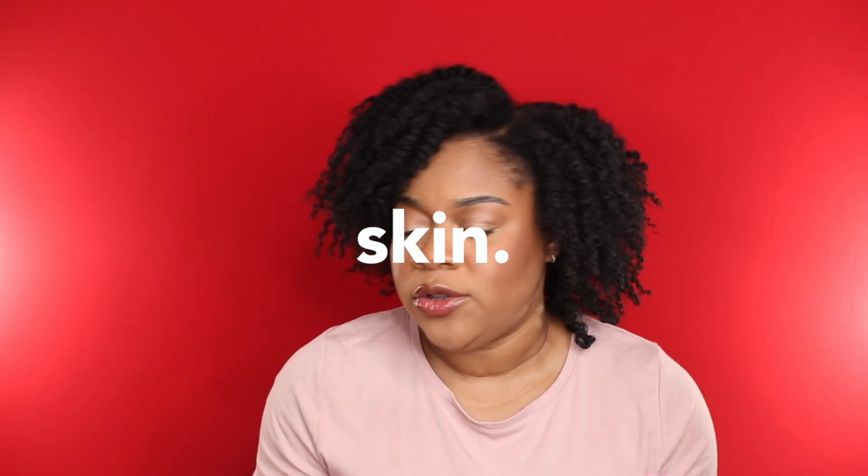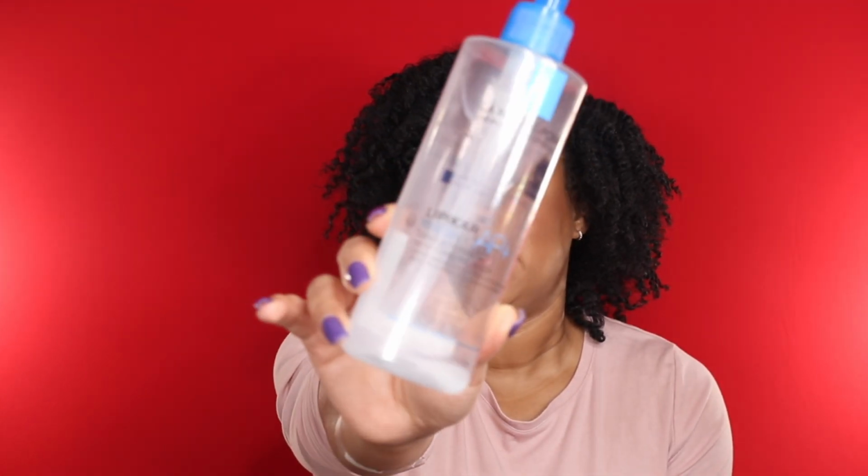So those were all of my body care, hygiene and wellness products. Let's go ahead and dive into skincare. First up is a cleanser that I used up, and this one is from La Roche-Posay. This is their Lipikar gentle foaming moisturizing wash, and this is for dry to extra dry